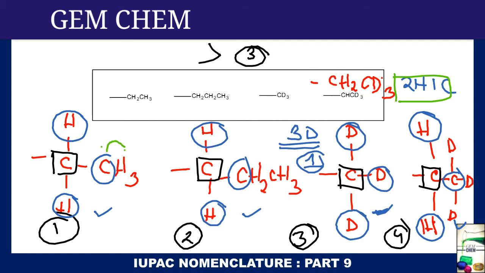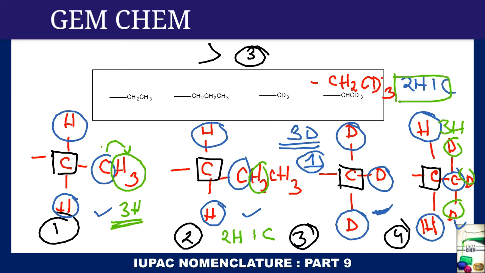So this carbon, after this carbon we are going to this one. So there are 3 hydrogens. Whereas here in this case 2 hydrogens and 1 carbon. And in this case we are having 3 hydrogens. Right? So in both of these cases 1 and 4 we are having lowest sequence rules. So here there is 3 deuterium in the fourth one. Okay. So 1 and 2 we leave. We get that this one is prior to them. So 2 has the most priority.